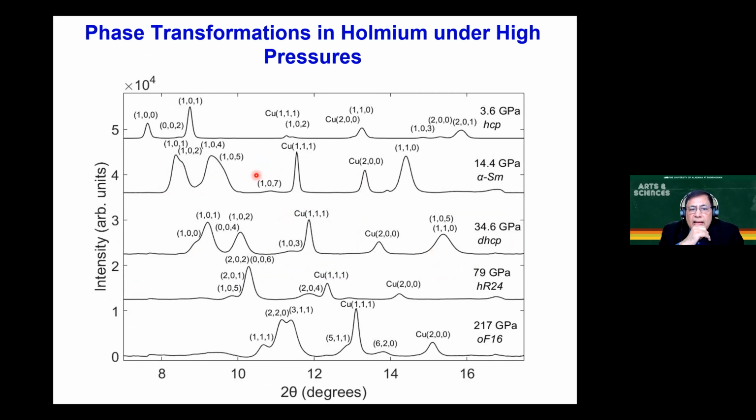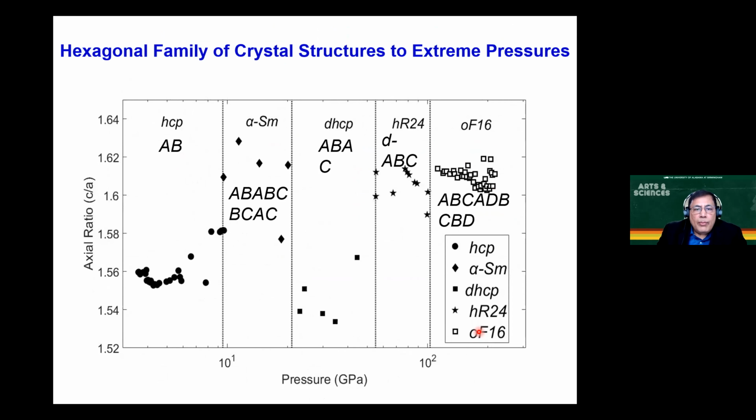So this is the X-ray data which we obtained. And you can see we see this entire rare earth sequence plus this OF16 phase. By the way, copper here is used as a pressure marker. So we see this entire sequence of rare earth structures, including OF16. Why this is important is that now we can tie up all the crystal structures which we see